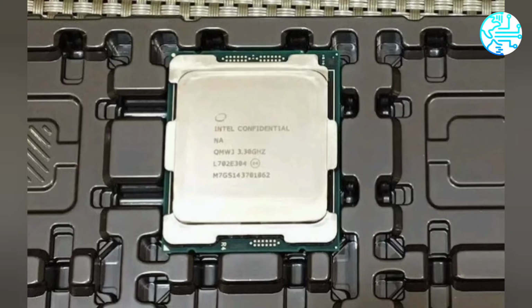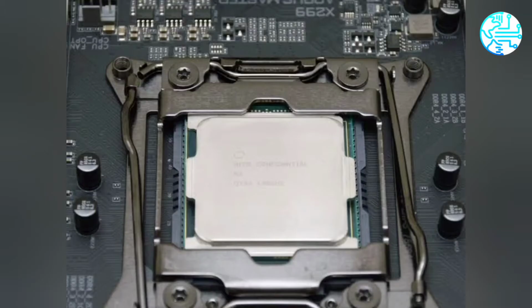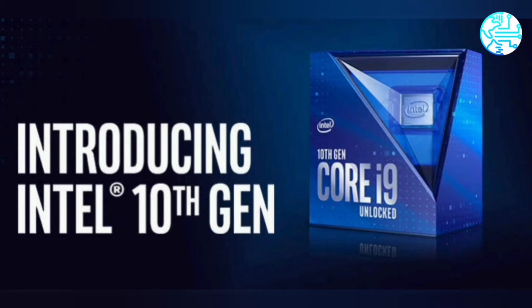Intel is hoping to steal some of AMD's Ryzen 5000 series thunder with a few early teasers about its own next-gen CPU architecture, which will be used for the 11th gen Core CPU series, scheduled to launch in Q1 2021. Codenamed Rocket Lake, the 11th gen Core i9, Core i7, Core i5 and Core i3 family will be a major